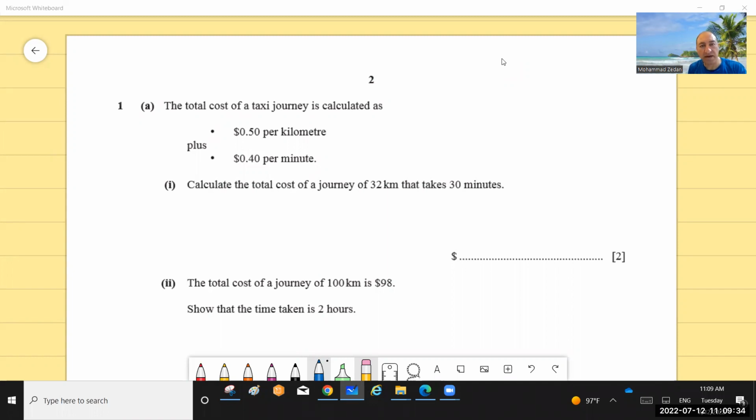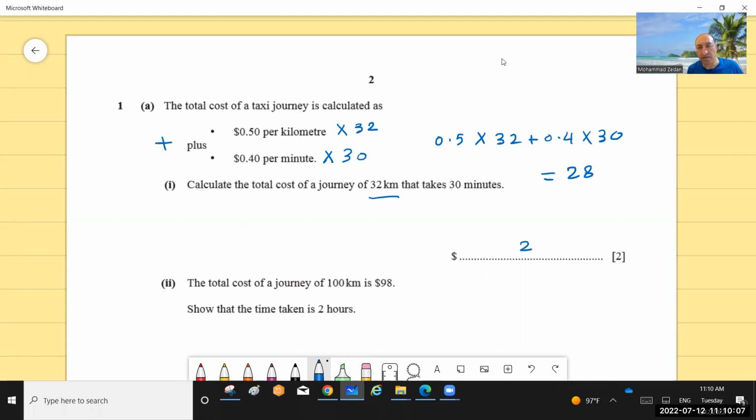Simply, you can multiply the cost per kilometer, 0.5, times the number of kilometers, 32, plus the cost of 0.4 per minute times the number of minutes, 30, and then calculate. So I have 0.5 times 32 plus 0.4 times 30. Calculating this gives you